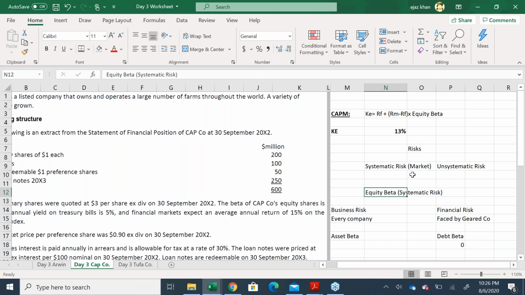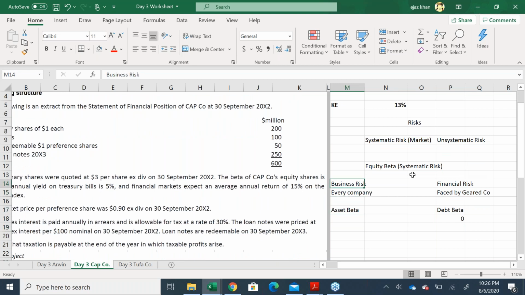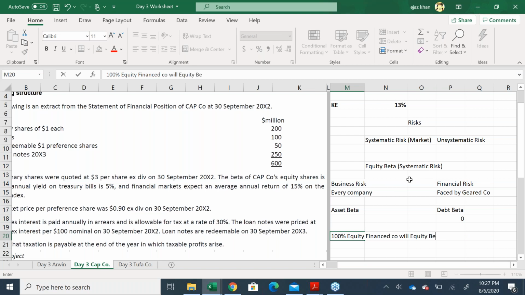Remember one thing now. Equity beta shows both business and financial risk. Remember, it always shows both financial and business risk. A company which has no debts will only have the asset beta, that is only have the business risk, and its asset beta will be equal to its equity beta, as there will be no financial risk. So we can say that if a company is 100% equity finance, or we call it an ungeared company, a 100% equity finance company will have equity beta equal to asset beta,